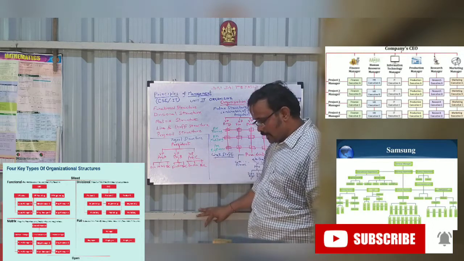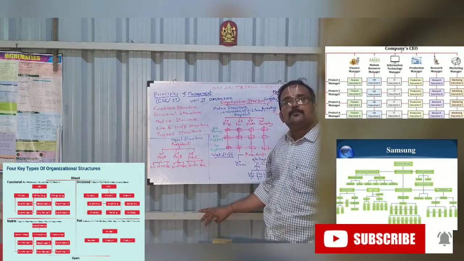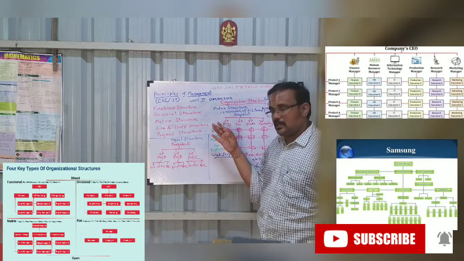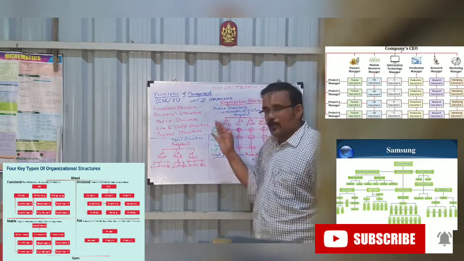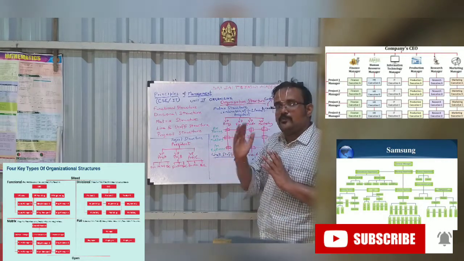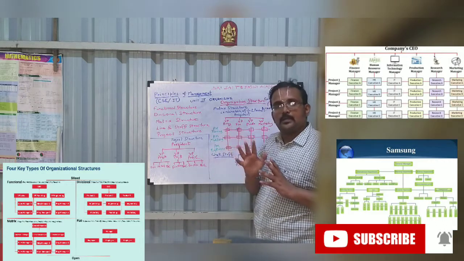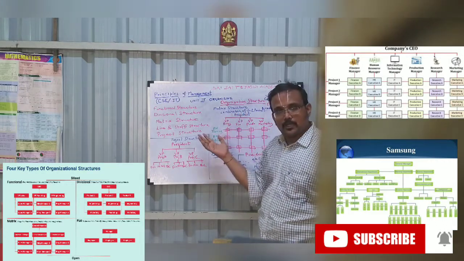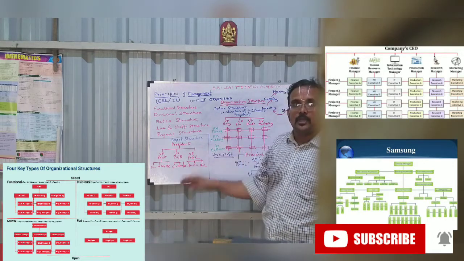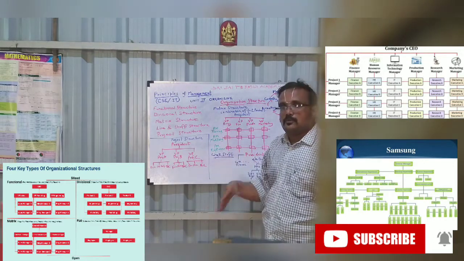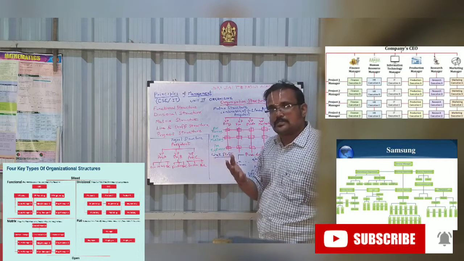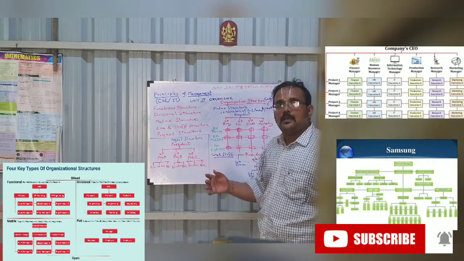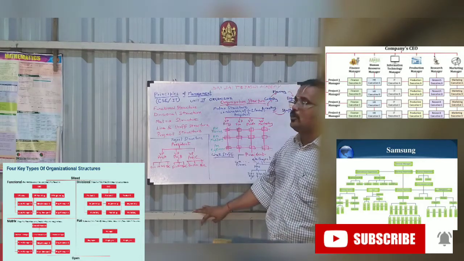So these are the things I want to tell you in this class. With this we come to an end of this video. This is the first video. I have 5 videos for this unit. In this we have learned about organization structure. We have learned about formal, informal organization. What is organization? We have learned. Now try to go through this video.